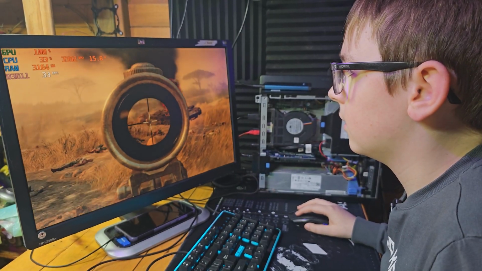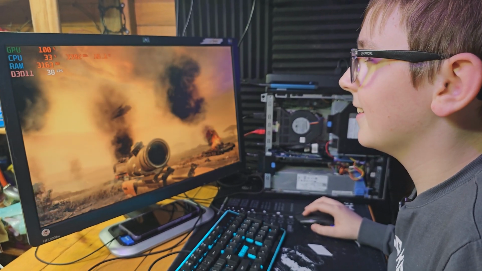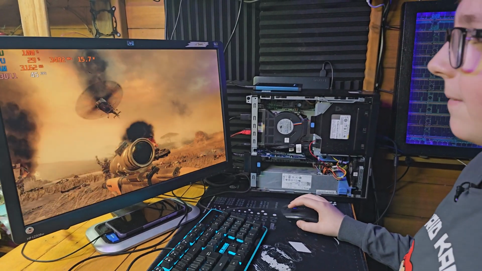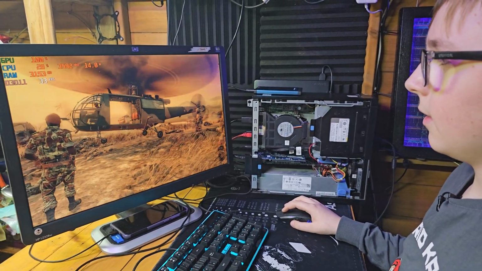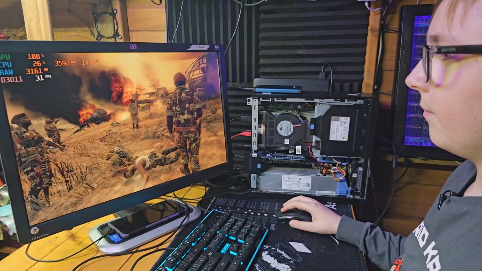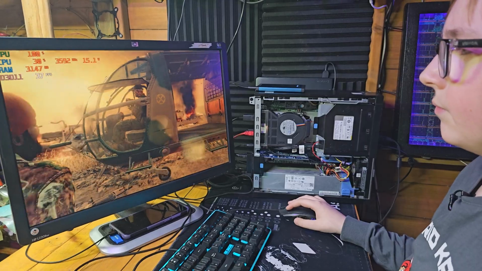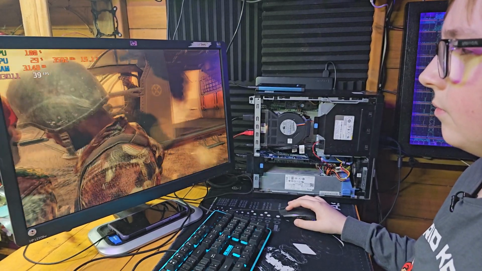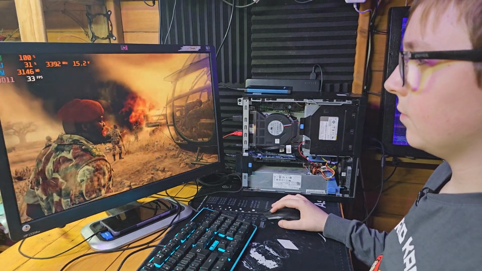Call of Duty Black Ops 2 now, and already so much smoother. Look at this. Look how smooth this is running. 40 frames. 40 frames per second. Oh, it does dip, obviously. It's going to dip down on those 1% lows, but we're getting perfectly playable over 30 FPS gameplay on a GT710 with the i5